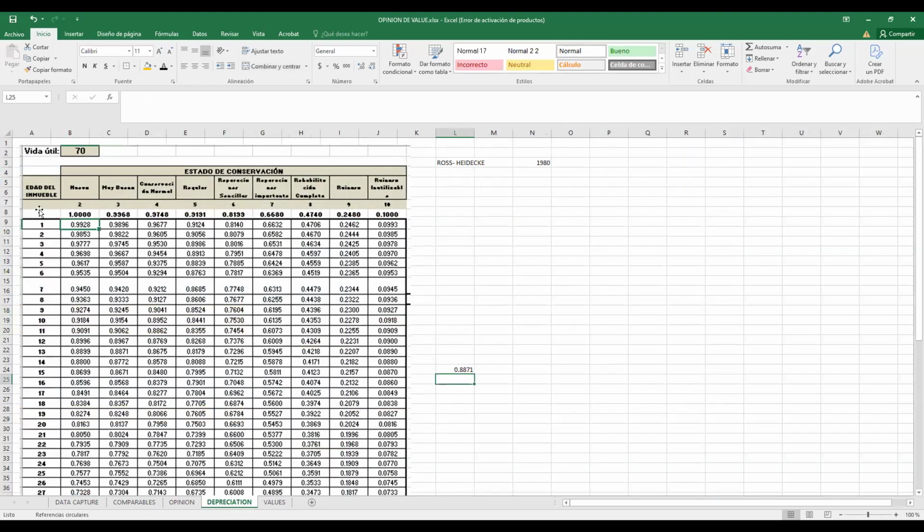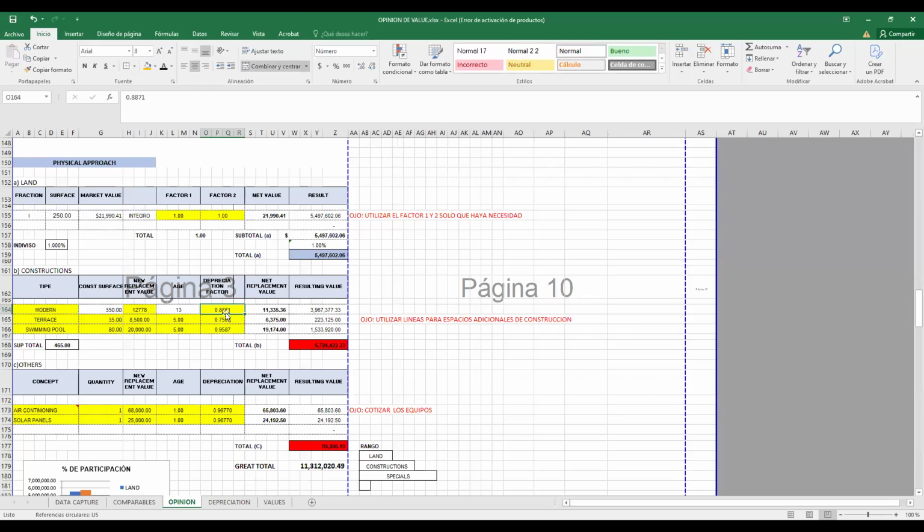So you find the year it was built, the age of the property, and the conservation status. Okay, from here you can use that factor. That factor, you write it down here, and then you will have the actual price, the resulting value.